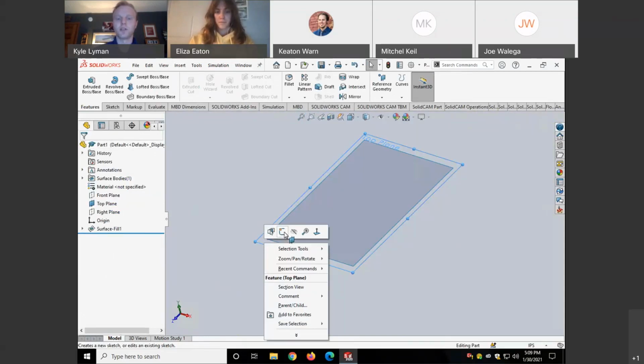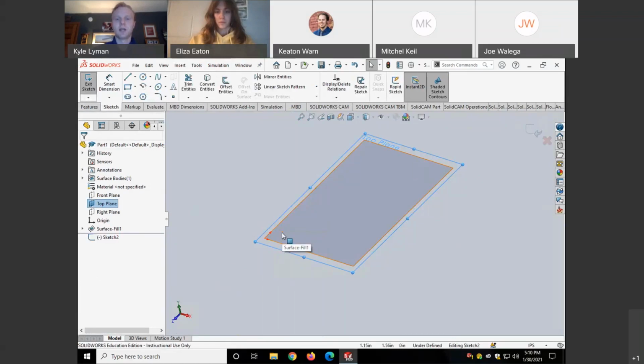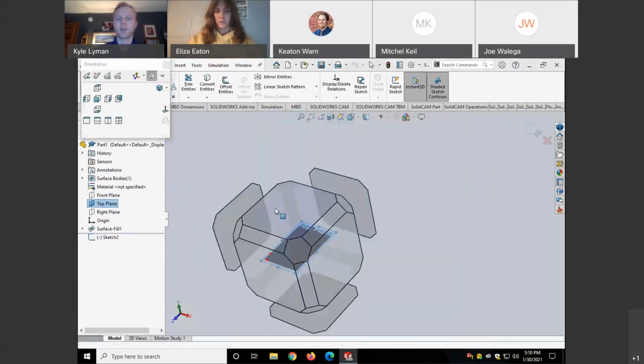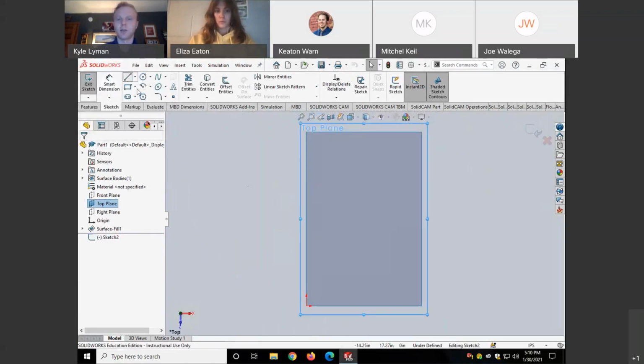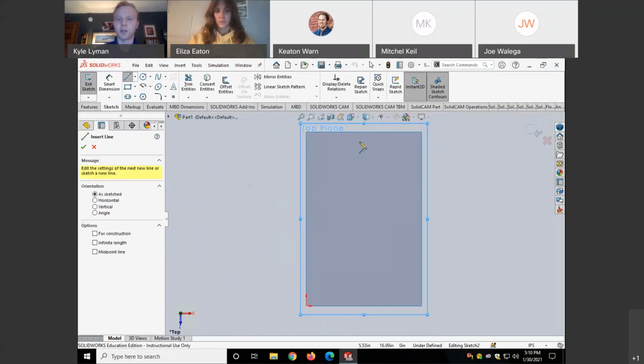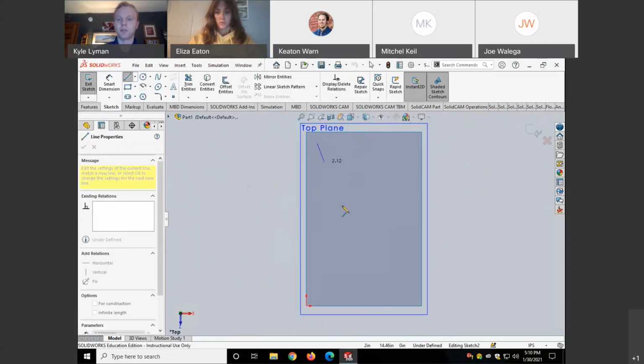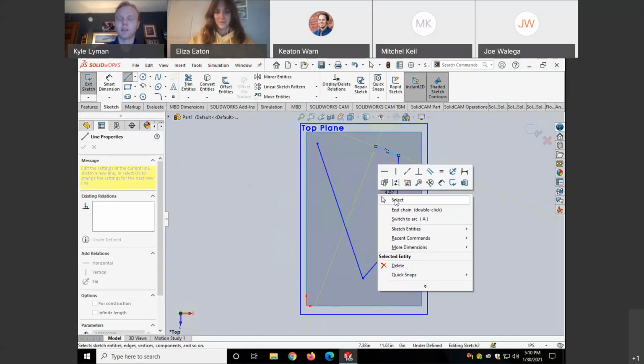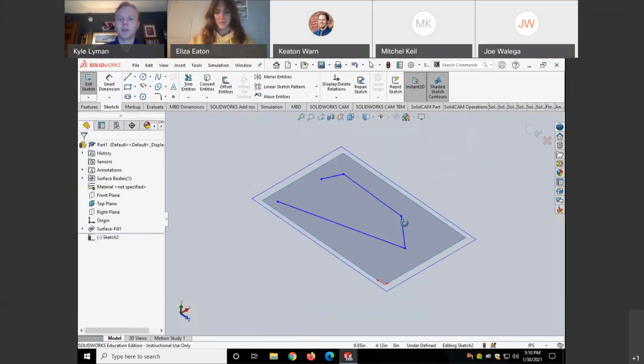So I'm going to sketch again on this plane, and a T-junction, which Dr. Kyle has talked about and I have talked about before as being a huge modeling challenge. So I'm going to make it really ugly too. It's going to be just a line with no specific coordinates, really, really ugly, just like that. Okay. Now I'm going to right click and hit select, which ends my chain,